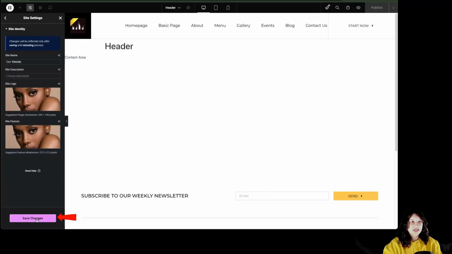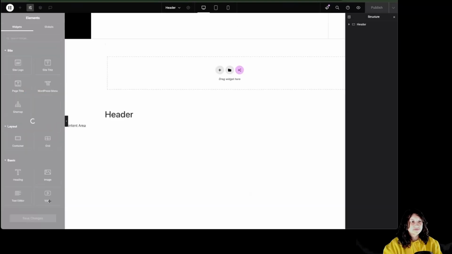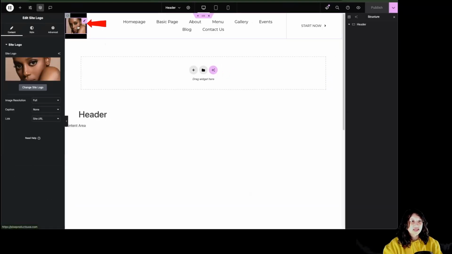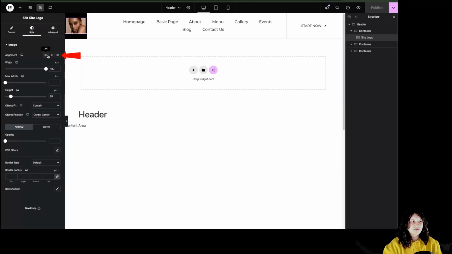And then we simply have to click on Save Changes, and click on Back to Editor. Now we can see the change over here. By clicking again on the site logo widget, we have image resolution from over here and the link to site URL. By going to Style, we have alignment, the width, maximum width,